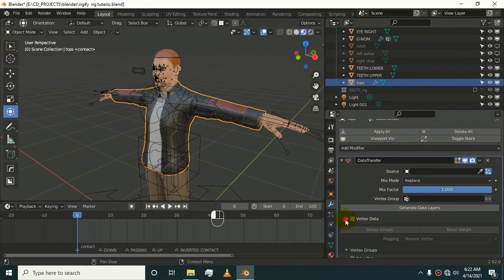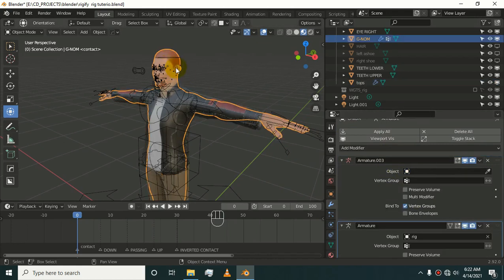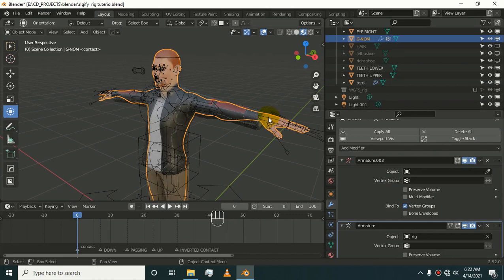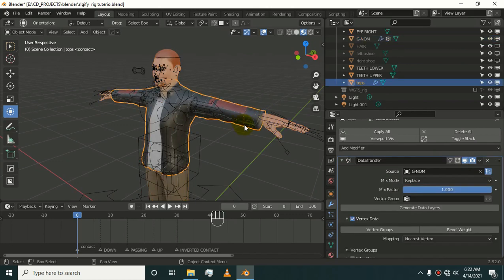It is asking for our source, and our source is this character which is named genome. So we want to copy the data from our genome source, our body.